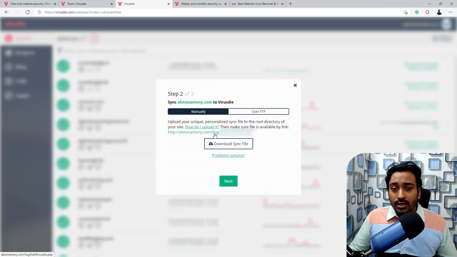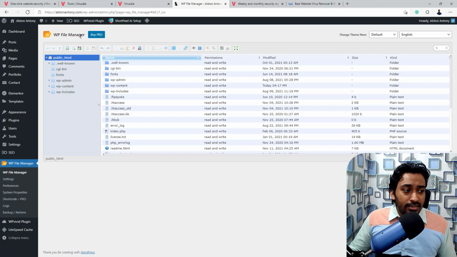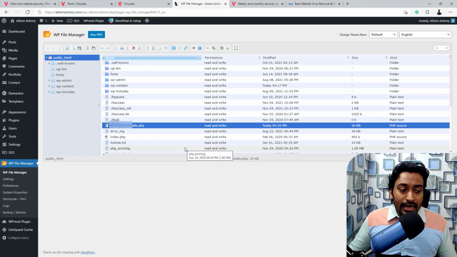You can do this in multiple ways, either by logging directly into your hosting solution and uploading it, or through an FTP server or something like FileZilla. Or if you are using a WordPress site, there are free plugins such as VP File Manager. You don't need the Pro, the free version is more than enough. All you need to do is install this. Then when you go into VP File Manager, you get this option where you can upload that PHP file directly from your WordPress admin dashboard itself. Let me do that now. Now you can see that I have uploaded the PHP file, which means I'm ready to start using it.